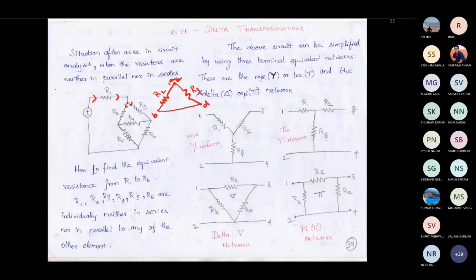elements are in parallel. But here there is one more resistor. So these elements are neither in series nor in parallel. R2 and R3 are neither in series nor in parallel because you have one element in between the second terminals of both the components. That is one thing. And from R1's point of view, R1 is neither in series nor in parallel with R2 and R3.